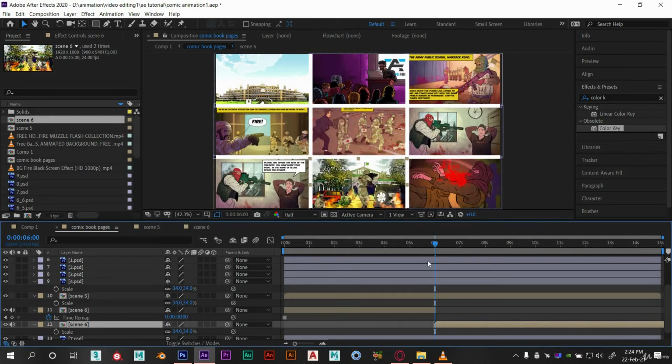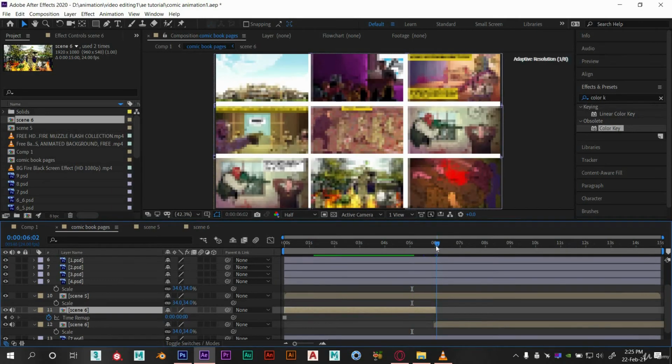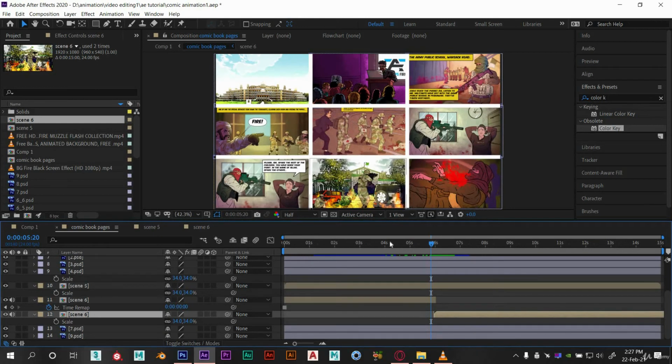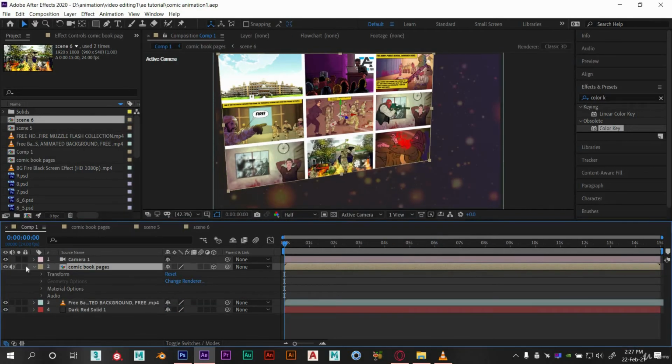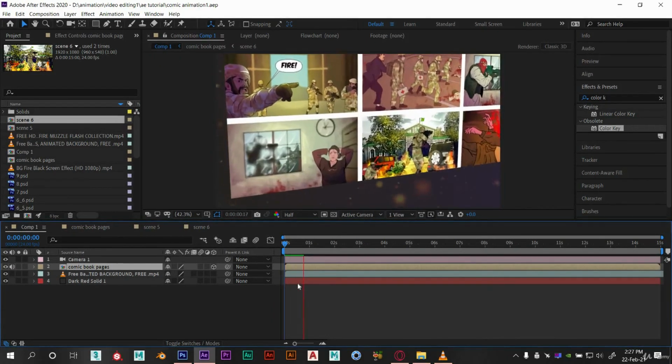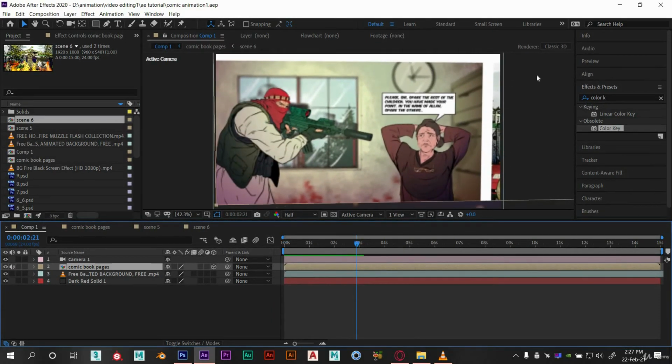And now you can see that this still looks like all the other frames, and when the camera moves to this particular scene, the animation comes into play. You need to do this freeze frame step on all other layers where you want it to look still. But remember, this will stop the frame from the point at which the time bar is located. So let's see the preview. This is looking good to me.